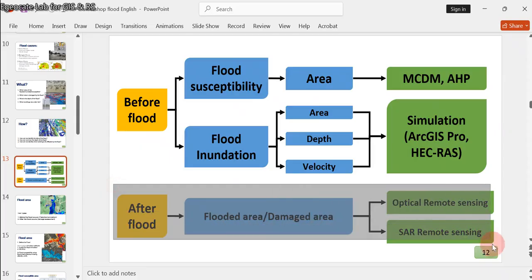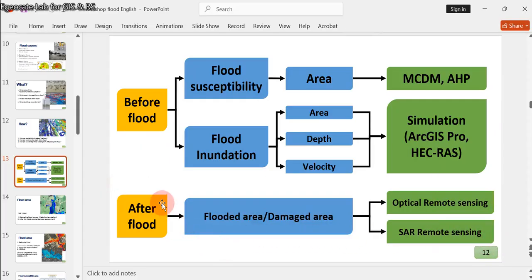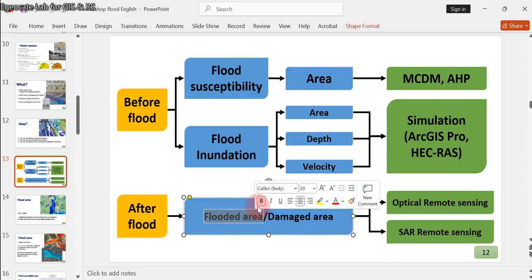But we also have another technique which we use for flood analysis, for example, after the flood events. For example, you have a flooded region. We want to know the flooded area, so the exact, or we can say the real flooded area. It's not an estimation. It's not a simulation. It's not a prediction for the future. It is damaged area or flooded area mapping for this area. So for this we use